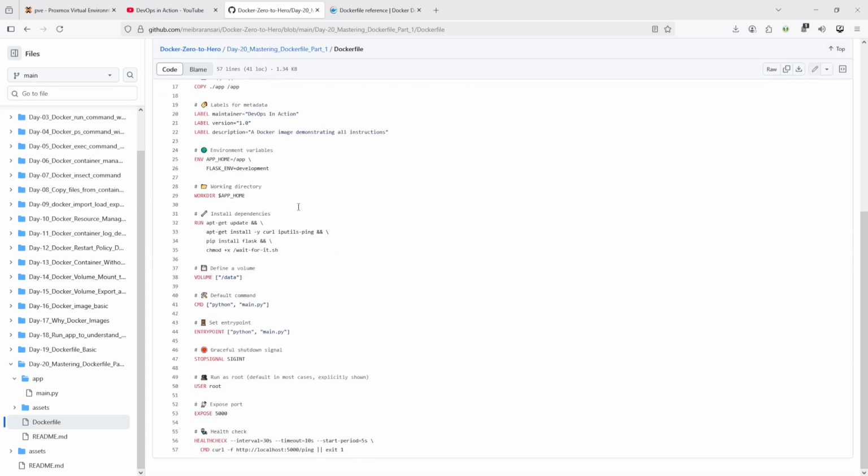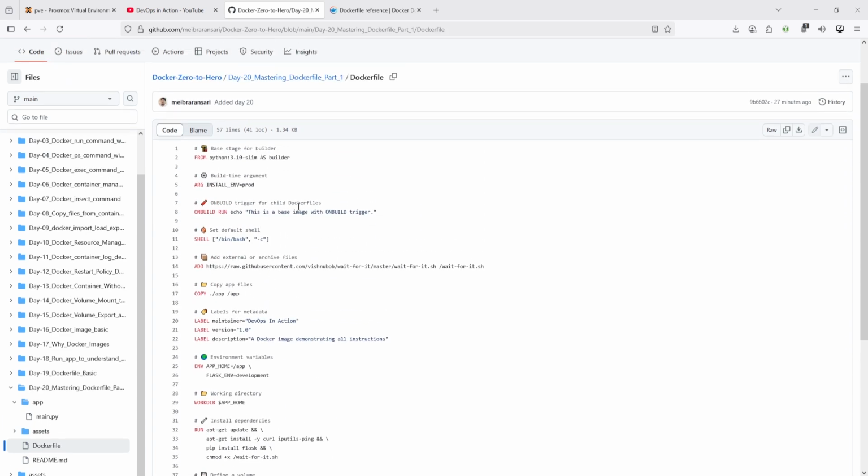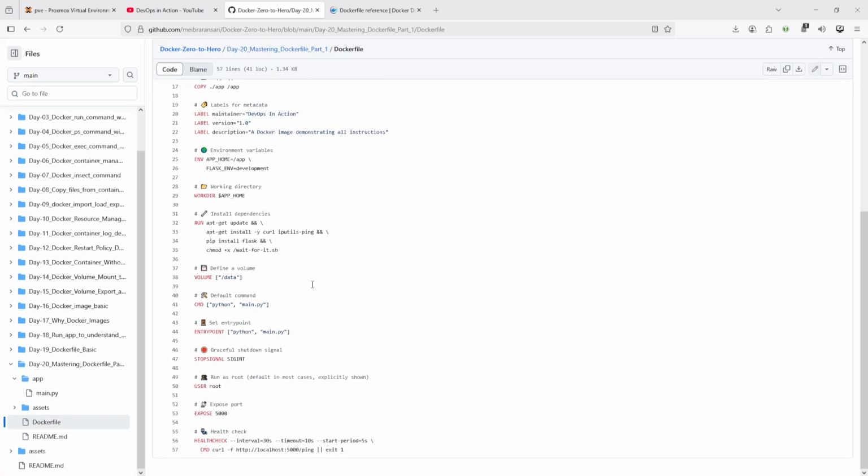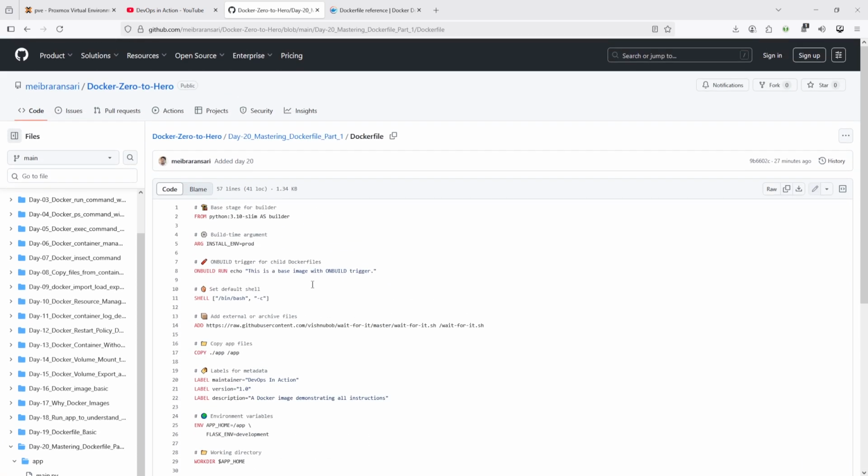This is not a best practices Dockerfile. Again, I am repeating it, this is not a best practices Dockerfile. I added it for explaining each thing here. That's the reason I defined it here. We will see best practices in an upcoming session, don't worry about that. Okay, to create a Docker image we need to define first,